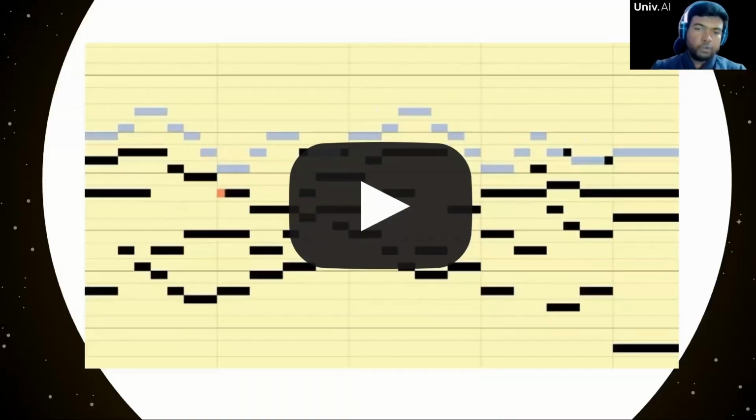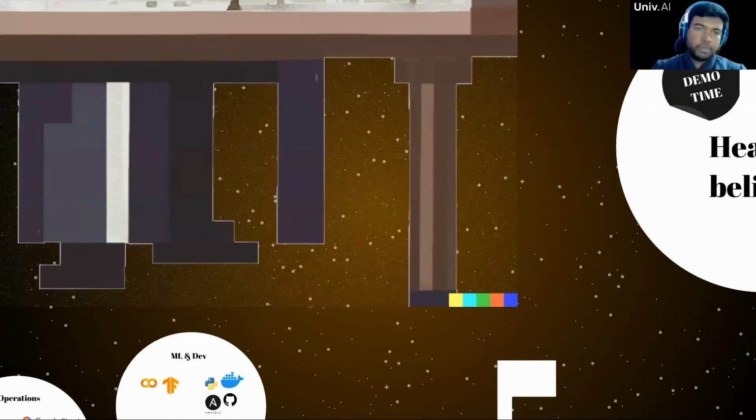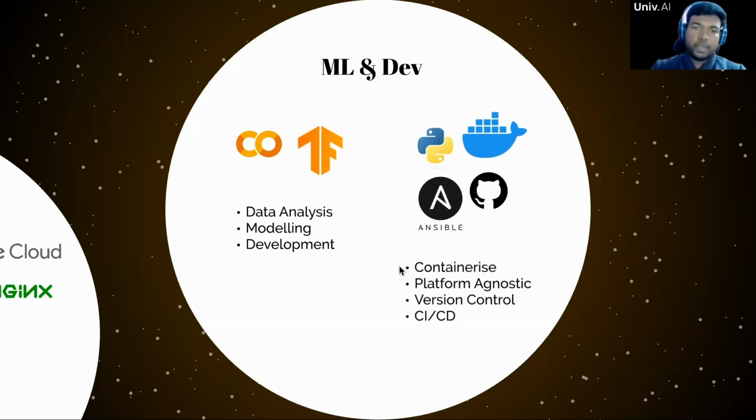Now, let me give you an overview of our technical stack. While building this app, we got to wear many hats, be it of developer, ML engineer, or ops, and we appreciated how everything comes together in building the final product. So we use TensorFlow for developing our deep learning models and Google Colab for training the models. Docker containers were used to segregate our development environments, and GitHub was used as our